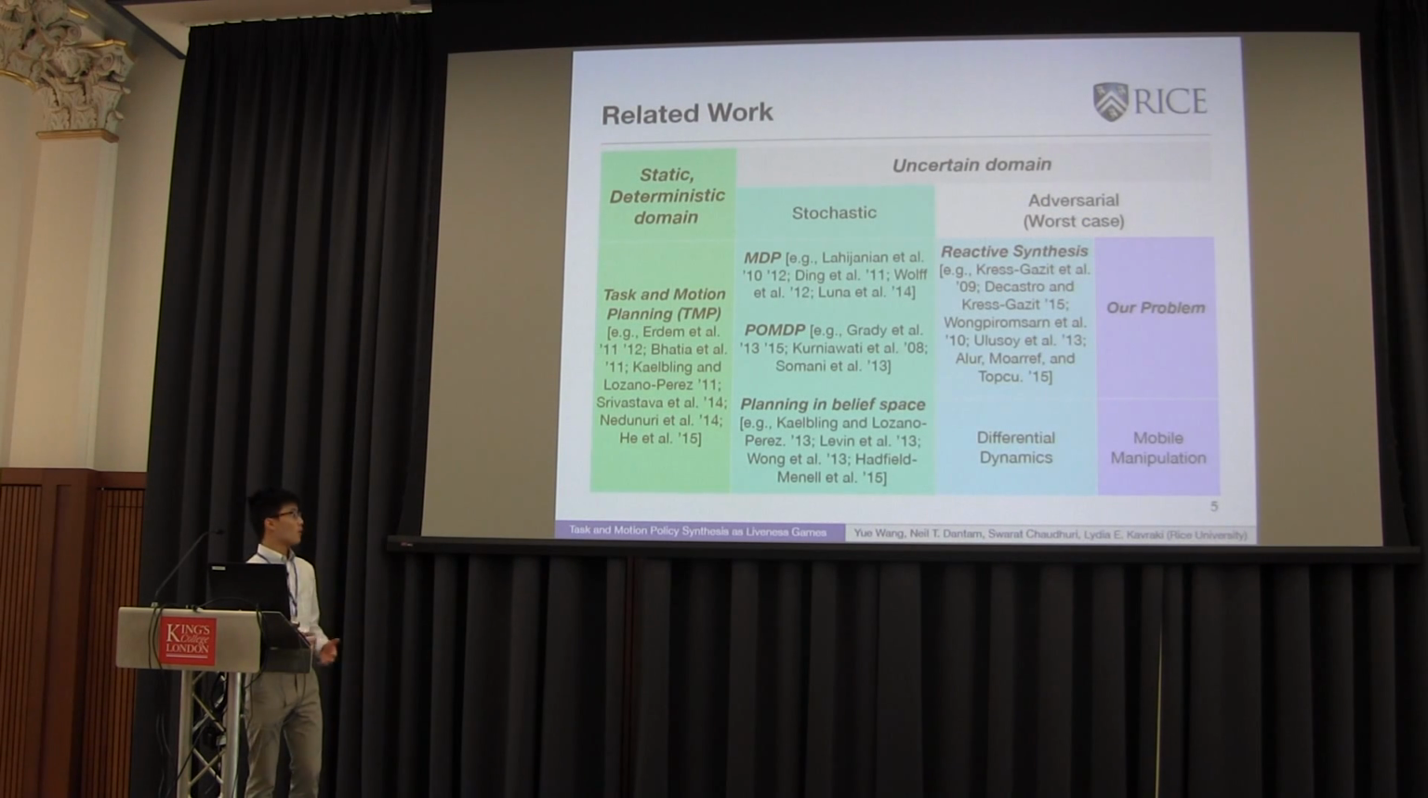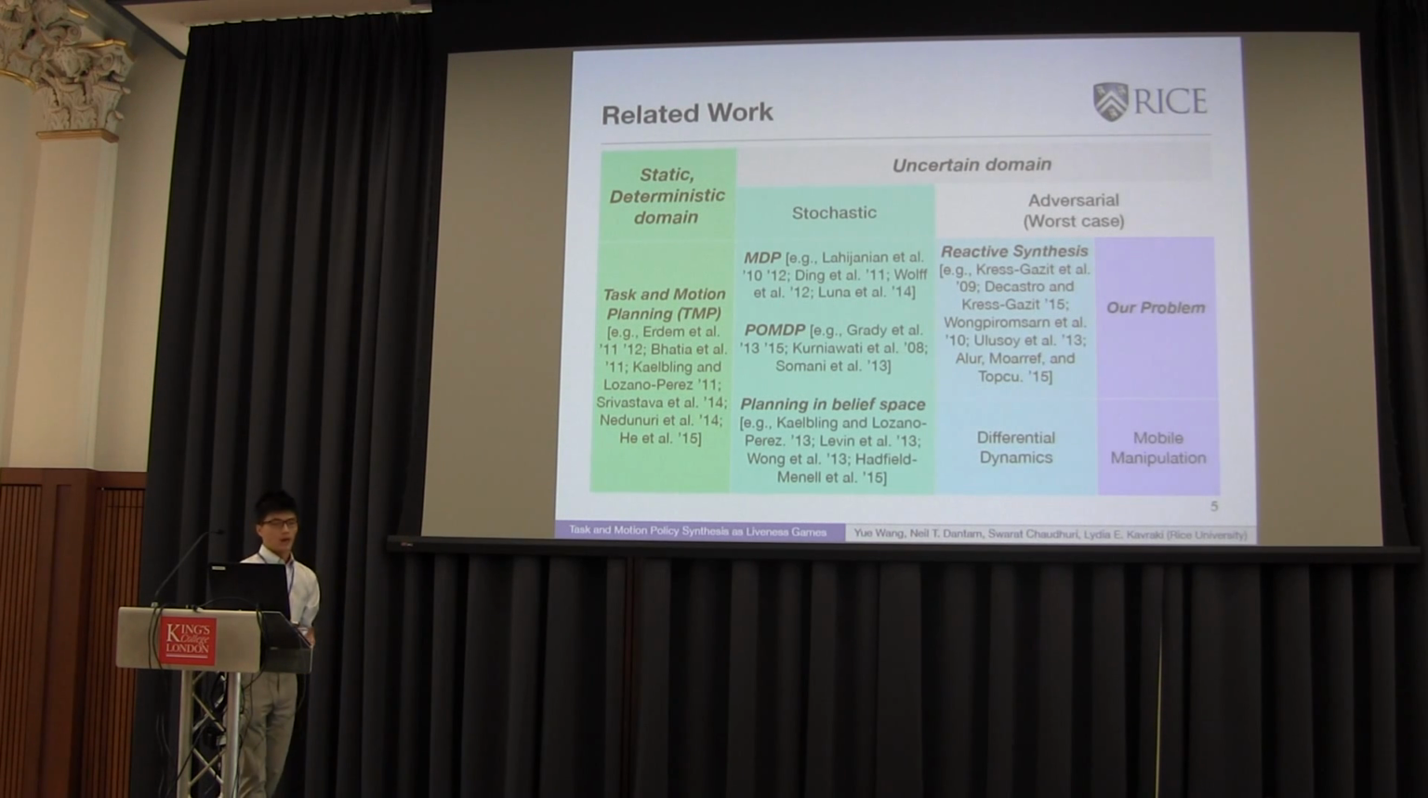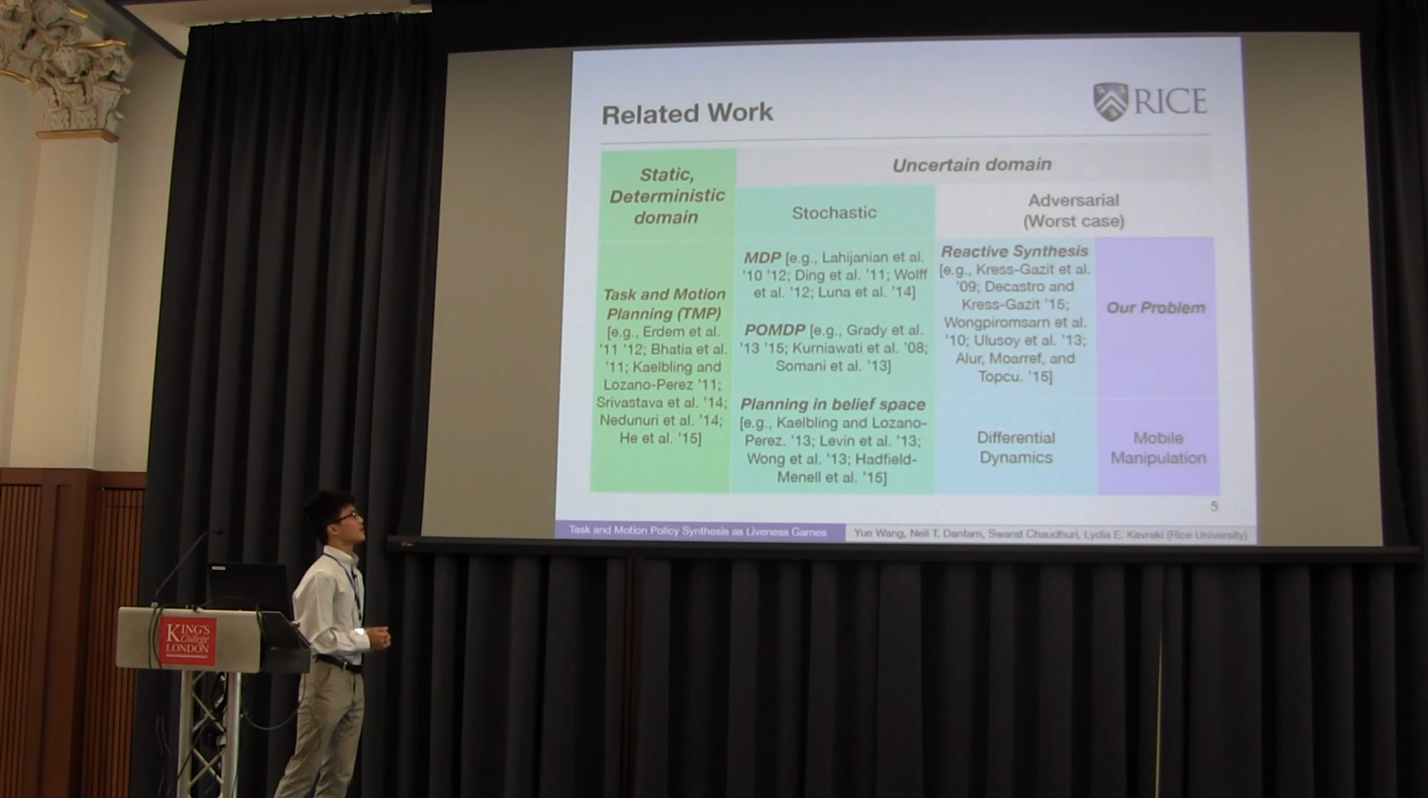Let's begin with the related work on similar problems. Most of the task and motion planning problems work on static deterministic domain, where a single pre-computed plan is sufficient. While in our case, we focus on a certain domain where we need a policy. For a certain domain, there are 2 kinds of problems. The first deals with stochastic systems, while